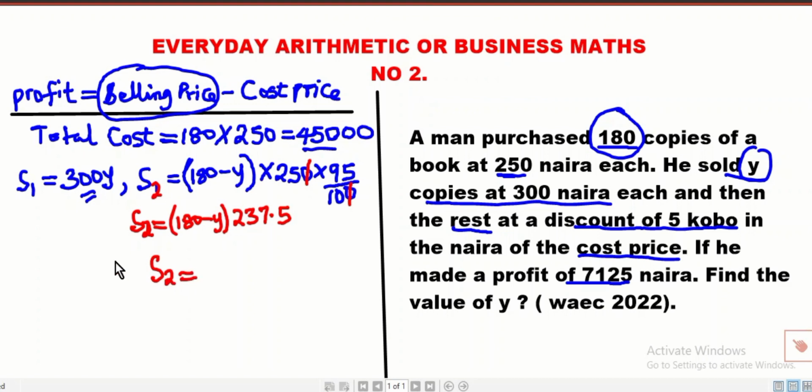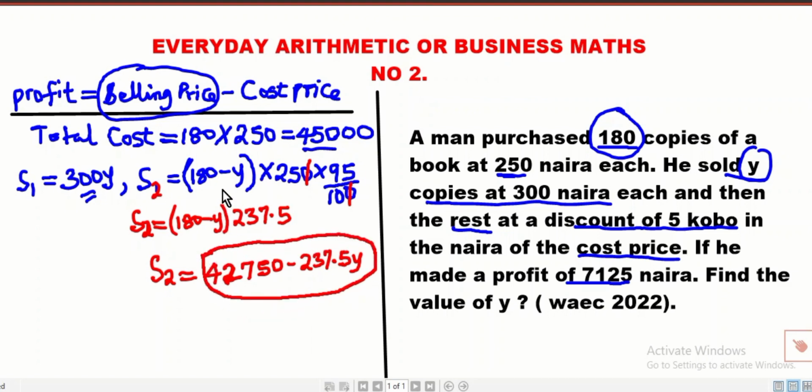Now let me simplify it further, so that I will know the rest. Just be patient. I'm multiplying it by 180. I will have 42,750, then minus 237.5 Y. Okay, this is the selling price of the rest, but this is the selling price of the first one. So total